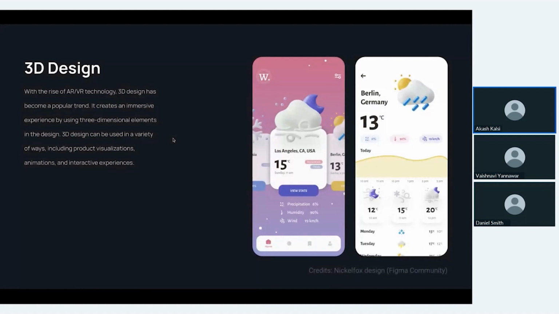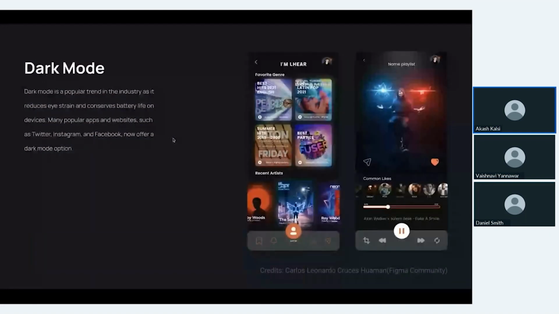Okay, so the next one we have is dark mode. So who doesn't know about it? This is one which we all love, right? We all want a dark mode, especially in our social apps, so that the white light doesn't bother our eyes at night time when we are chatting and exploring, right? And yes, it does save battery life at some point as well. So yeah, it's good to use dark mode in apps.